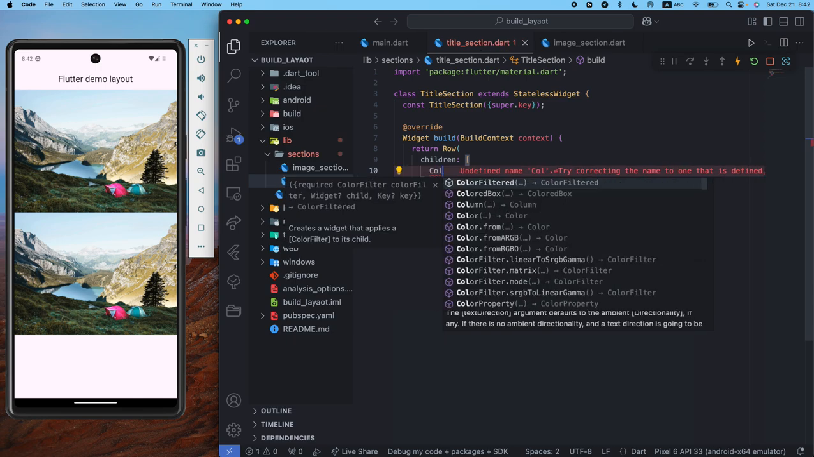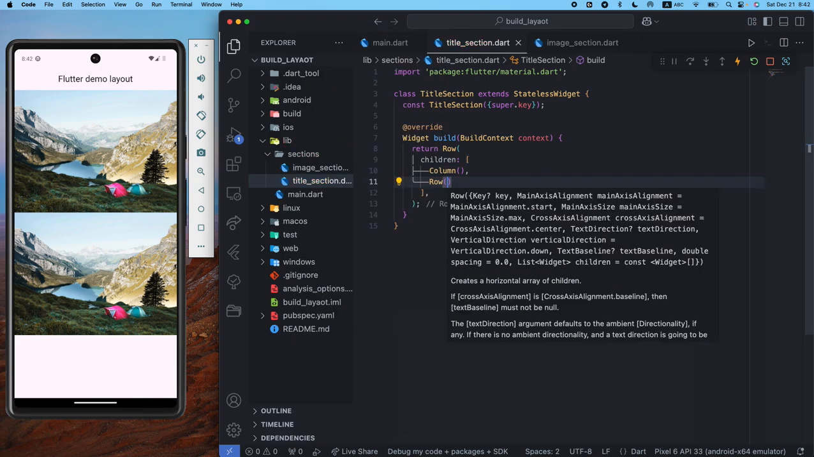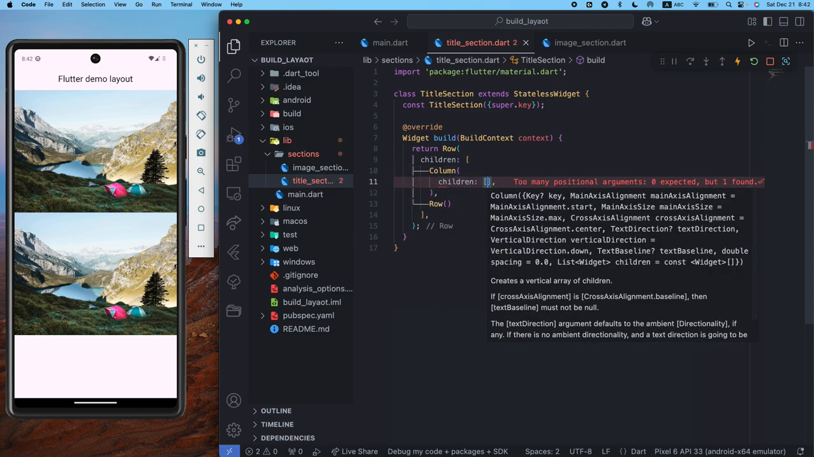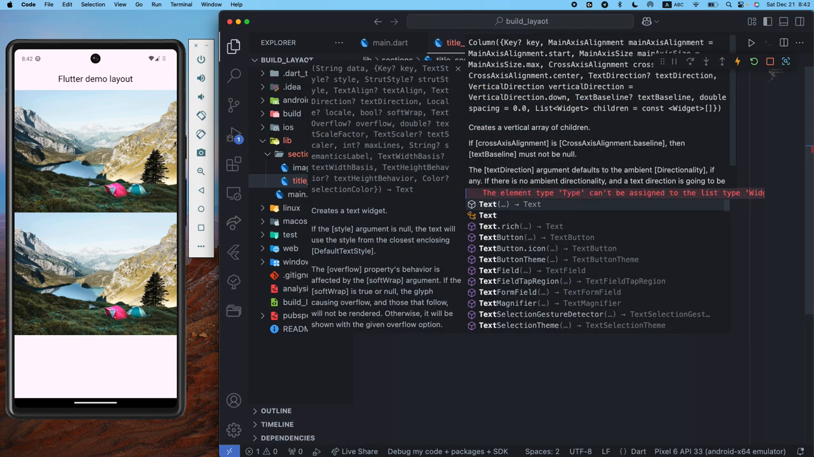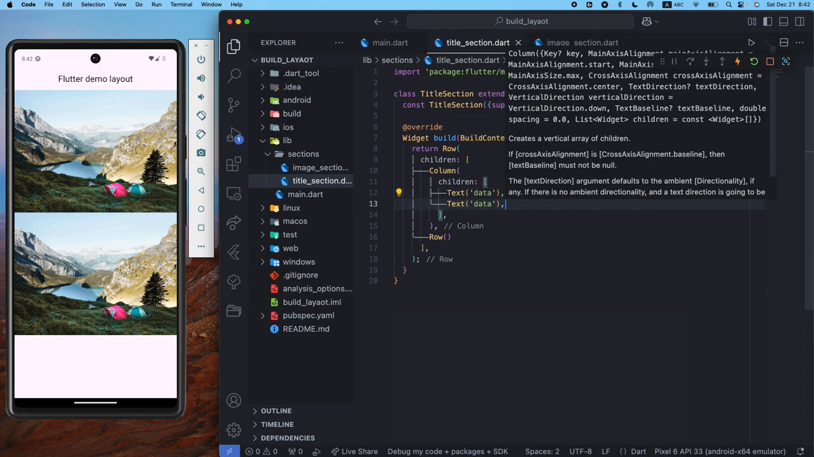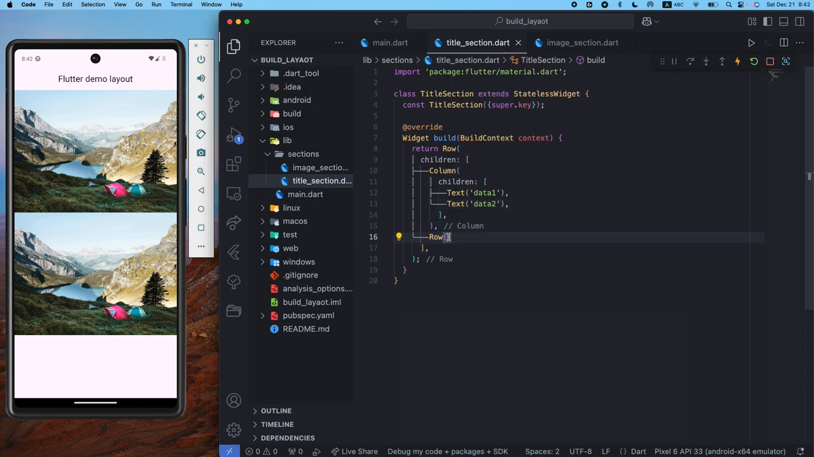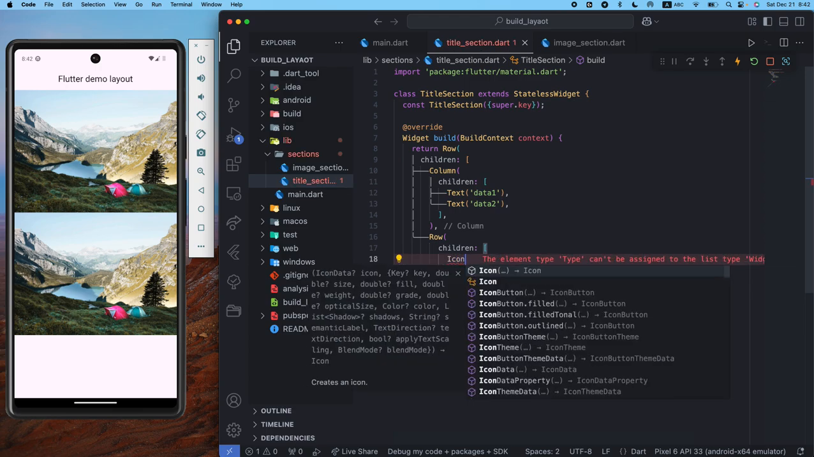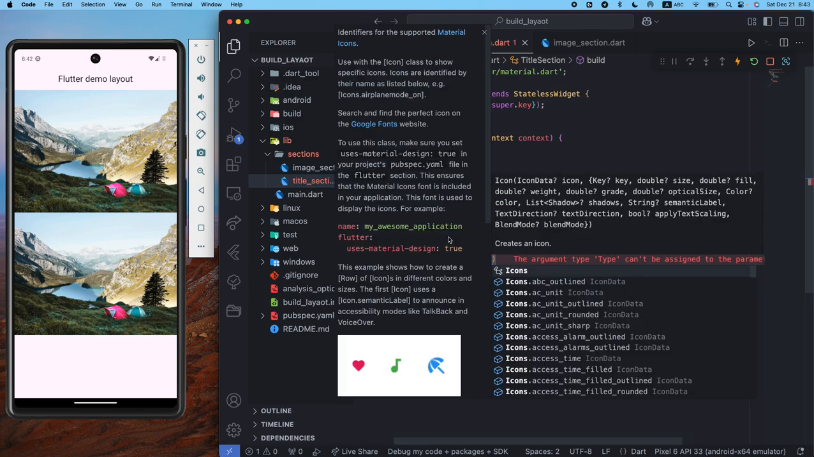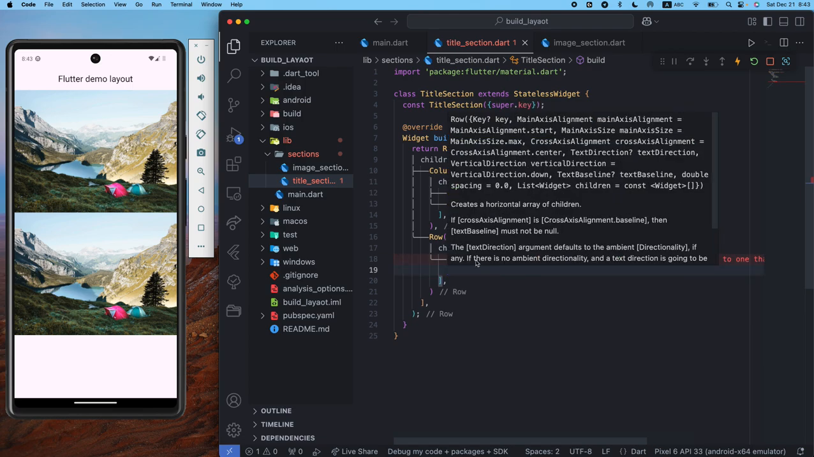So inside we will have a Column, and we'll have a Row as well. Inside a Column we have children, we have the Text 1 with the data, and we have the Text 2, data 1 and data 2. And inside the Row we created children. Inside the children we have icons. Let's just not write any icon for now. We have also Text,